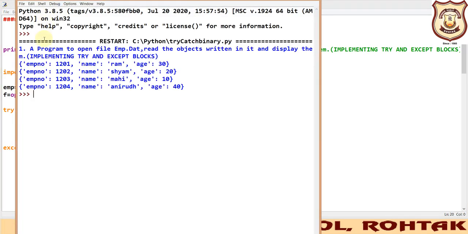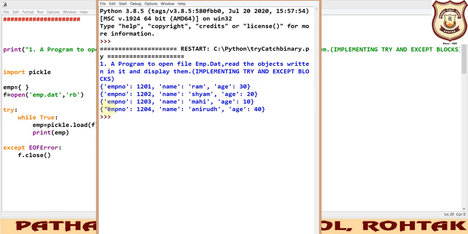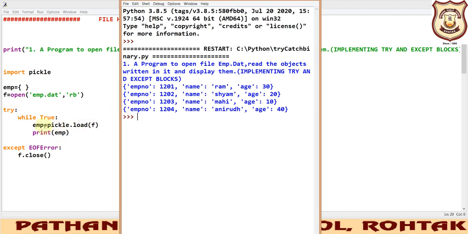You can see it has already read out the contents and printed those contents for you. I hope it is clear to you. We have given the print statement, so whatever has been read into EMP is printed with the help of this print function. These were the contents present inside the file emp.dat, and they have been read. We have given the print command to print it. So let us move to the next program.